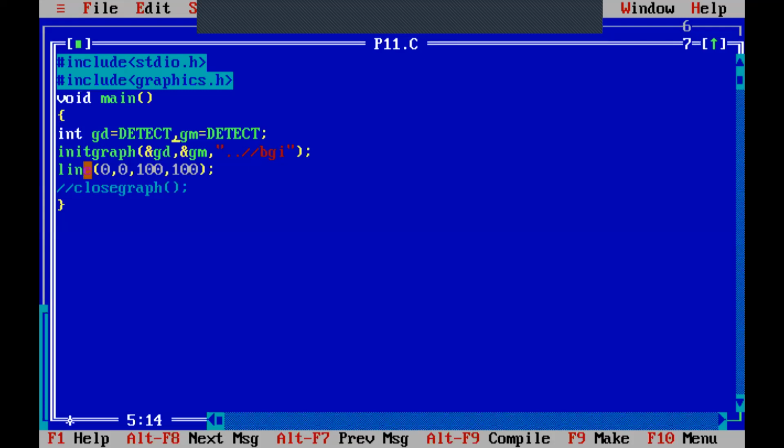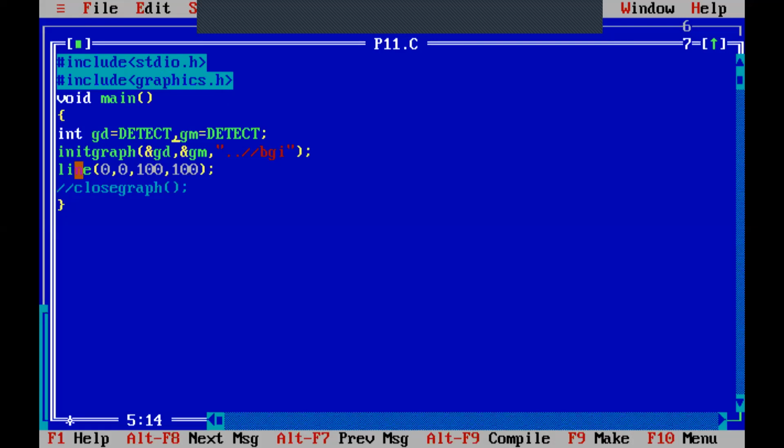Next, now what is happening? Now I have initialized my graphics output screen. So your screen is not a normal screen, but it is composed of different points now. It is the same as the graph which you are plotting. Every point has its x and y coordinate. Now what I have to do is draw some object on the screen. So which object will I start with? Let us say line. This line is an inbuilt function in this graphics.h header file.